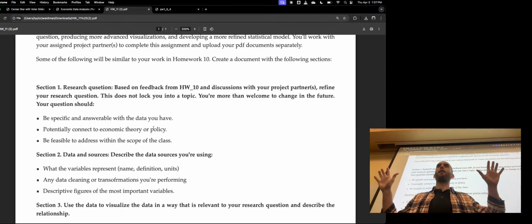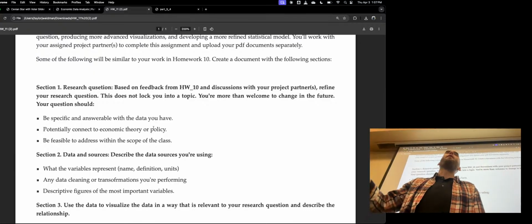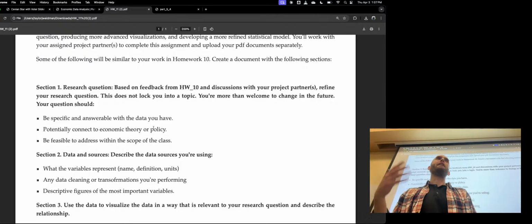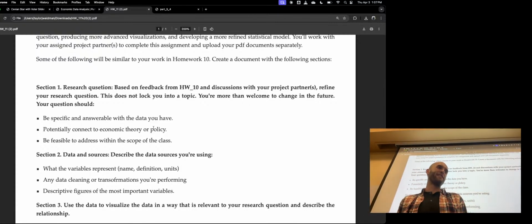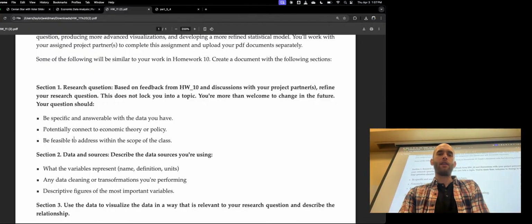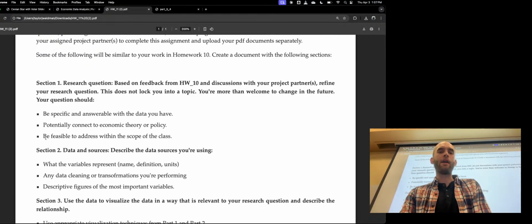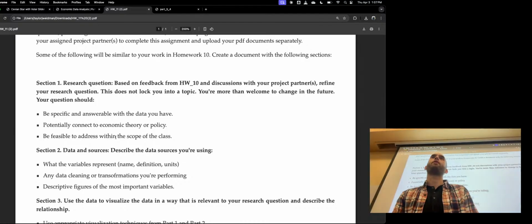Economics is incredibly broad. So it doesn't have to be, in fact, almost none of you are going to be trying to estimate price elasticity of demand. It doesn't have to be economics in that way. If you try to ask what economics is, everyone's going to give you a different answer. It's a very broad field. So if it involves decision making in some way, it's going to be economics. And I've looked through almost all of your projects, and they're all connected to economic theory in some way. And then try to be feasible with the question you're constructing.